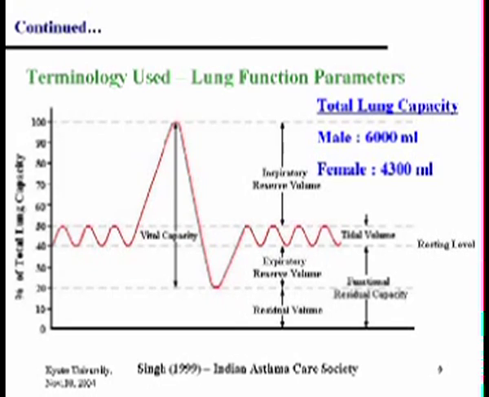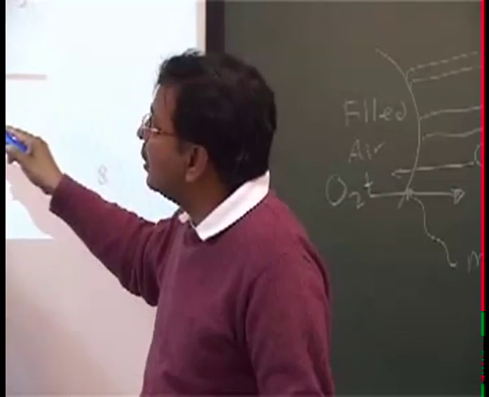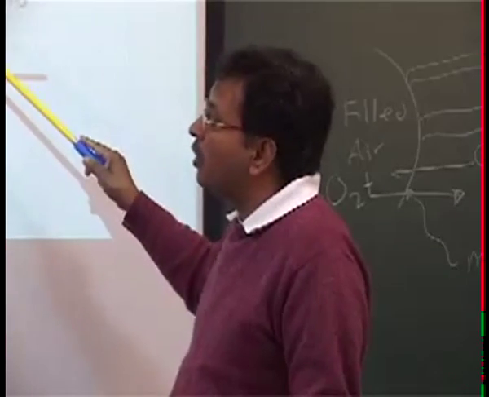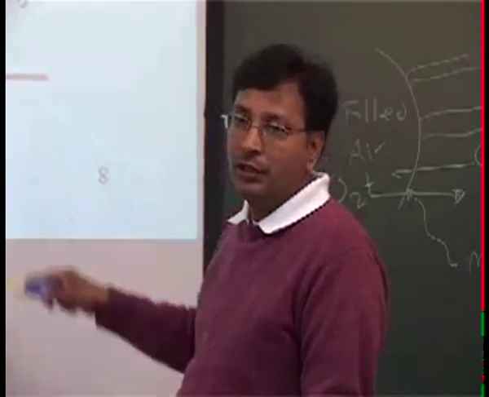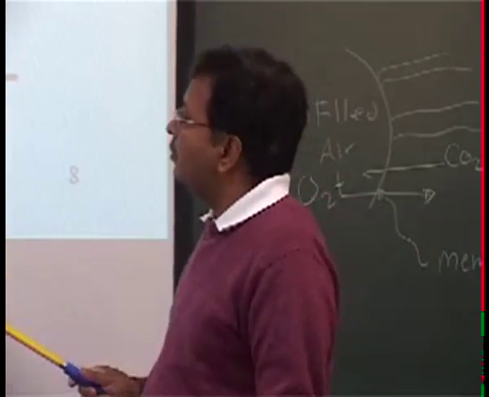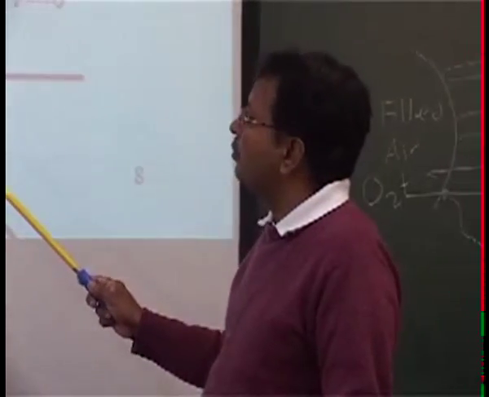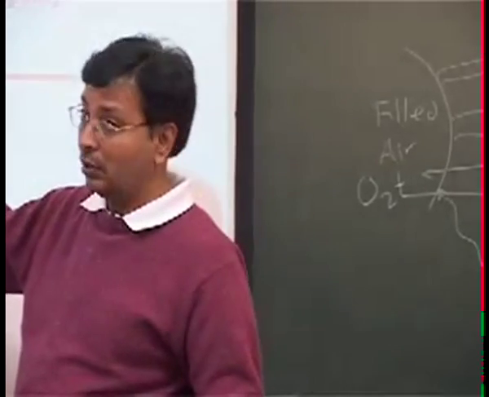Okay, this is also taken as the vital capacity. Now, what you are taking in and out at normal capacity is called the tidal volume. Why? Because it's a tidal process, you go up and down, up and down. Okay, and now you see here, from this point, you have to be a little careful.